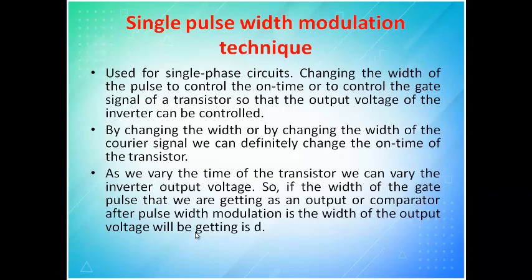In that 4 switch inverter circuit, we call it an H bridge. Okay, in an H bridge you will have 4 switches. So in each leg you will have 2 switches, one top switch and one bottom switch. So what we will do, when the top switch is on, obviously the bottom switch should be off. Again, if the bottom switch is on, surely the top switch should be off. So first leg top switch and second leg bottom switch you will try to turn on, then after a particular time you will change it, the second leg top switch and bottom. So here for the entire period I am either on or off. So that is called the single pulse width modulation technique.